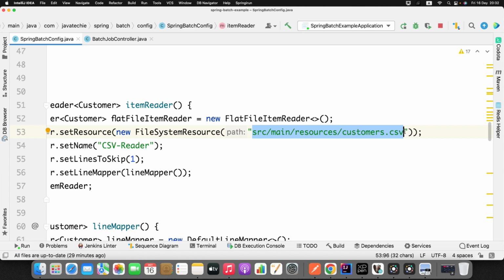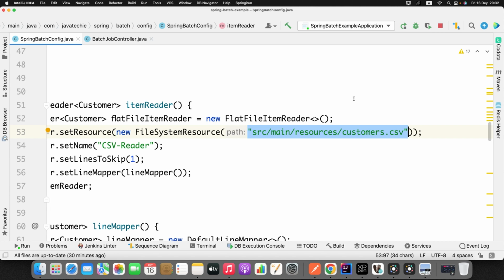But that is not something we can implement in real time, right? We never know from what exact path the user will try to import the file. I cannot hardcode the path of the file I want to process as part of the Spring Batch. So we need to tell this reader: don't take the path directly from a hard-coded value, take it from the file. I mean, when the user uploads a file, get that path and just process your